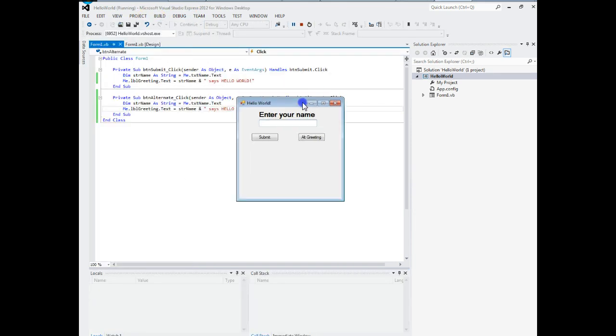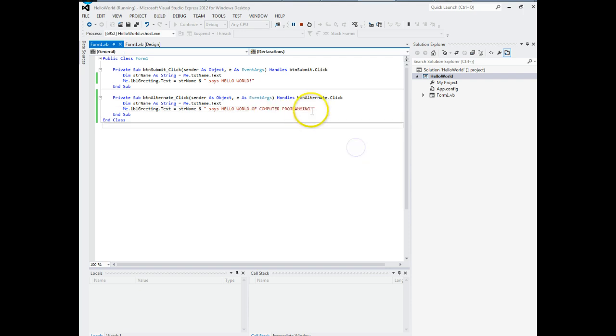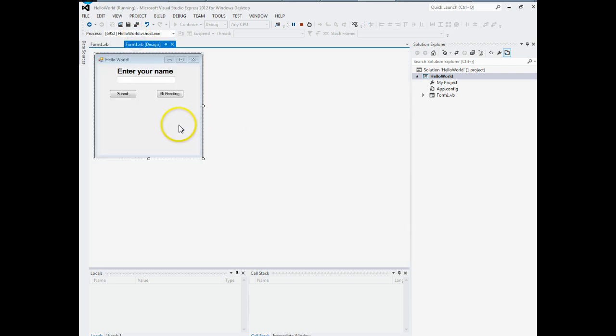And now you see that I have two buttons, and if I put in my name and I click submit, Mr. Morehouse says hello world, alternate greeting, and it turns out that I need to move my label over to the left a little bit more. Alright, maybe make my,